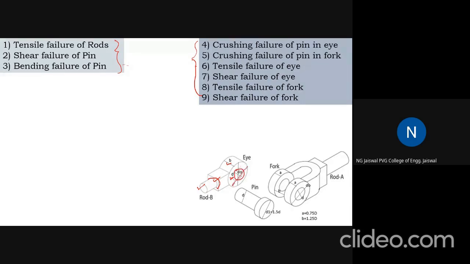This outside diameter is a function of this pin diameter because it is always equal to 2 times the diameter of the pin. So this is also found out. We can find out this. This is equal to 1.5D, so this also is found out. A is found out, this is found out, this is again found out, D1 is found out. If you see now, all important dimensions are already obtained.